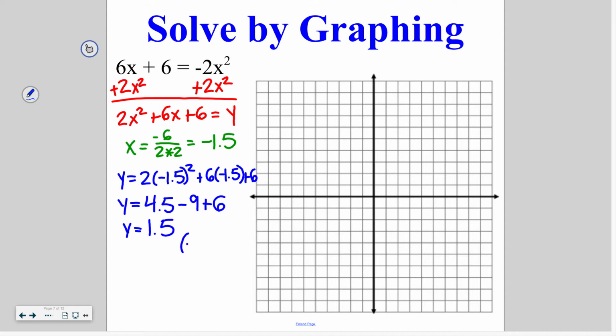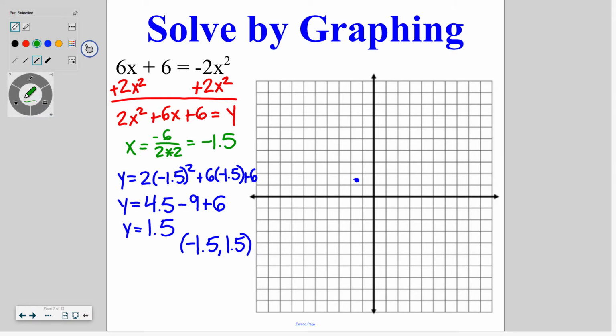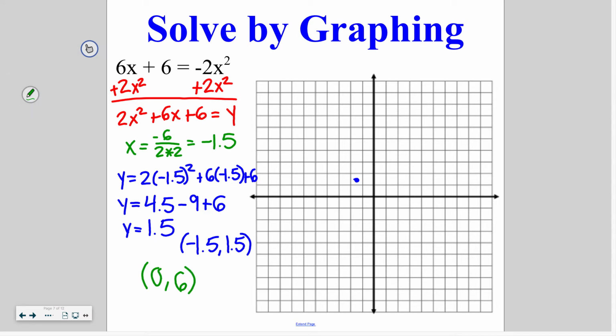So my vertex is going to be at negative 1.5 and 1.5, coming over to the graph. Left 1.5 and then up 1.5 gives me my vertex. Then I'm going to go ahead and find that y-intercept, which is going to be 0, 6. Put that on my graph by going up to 0, 6. Using that symmetry, I'm going to mirror across and get a symmetry point of negative 3, 6. And completing that graph,